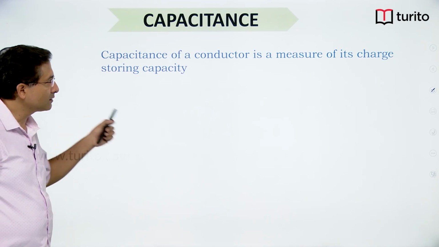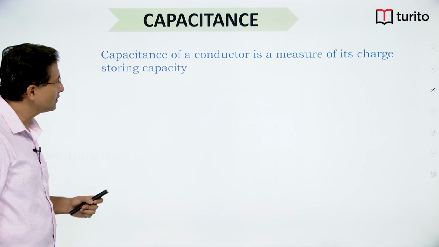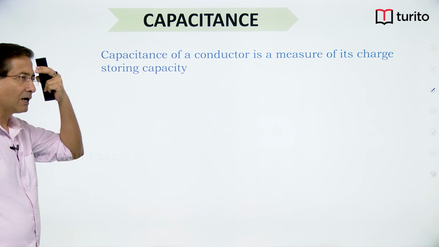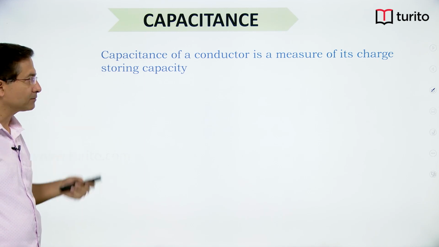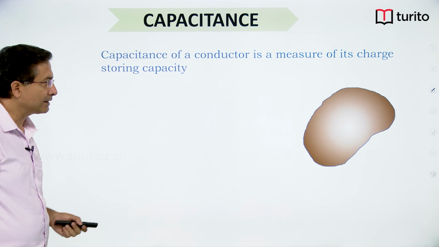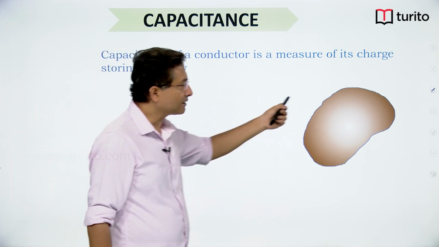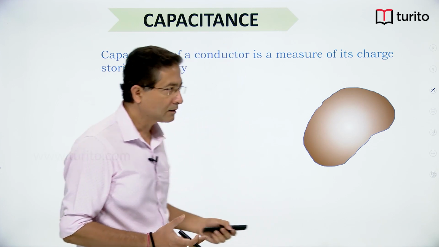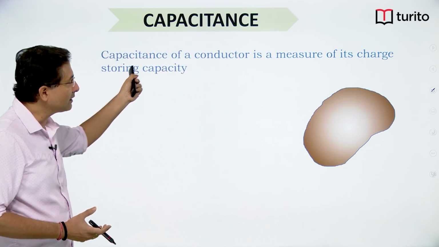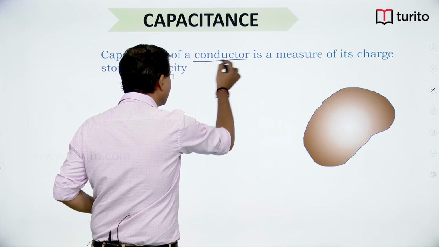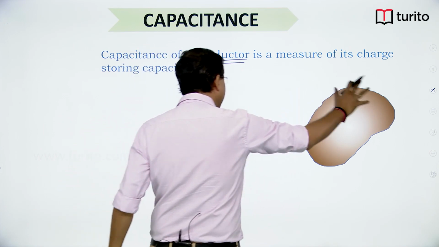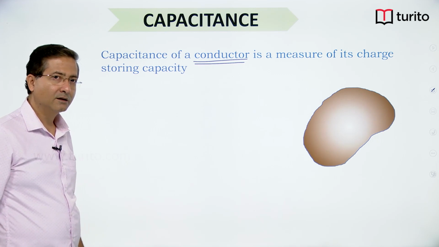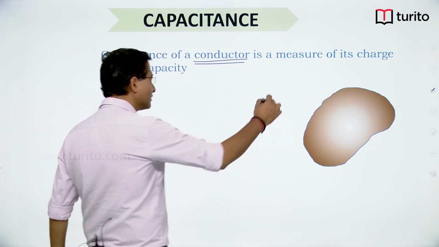So, first, the definition of capacitance. The capacitance of a conductor is the measure of its charge storing capacity, right. Capacitance is a property associated with conductors only, so I need to have a conductor. I have taken one conductor. If I give Q charge to the conductor,